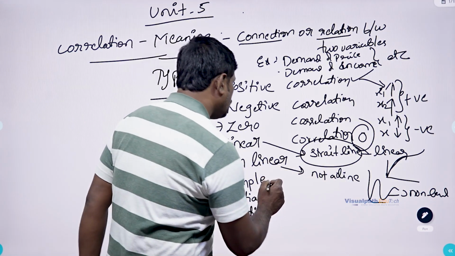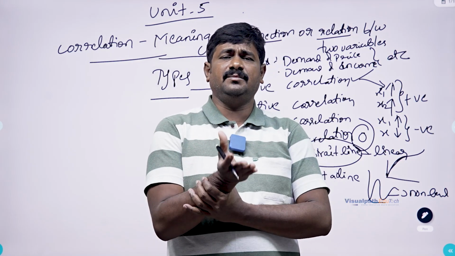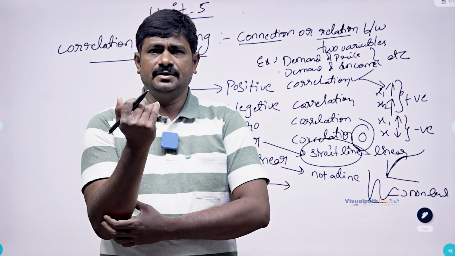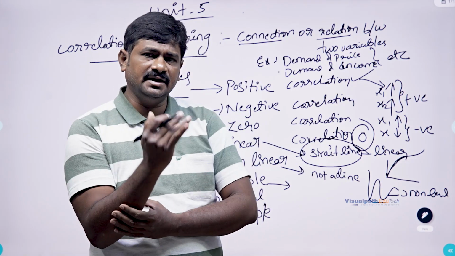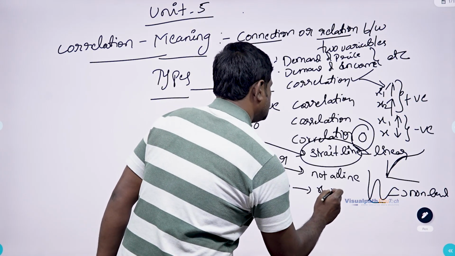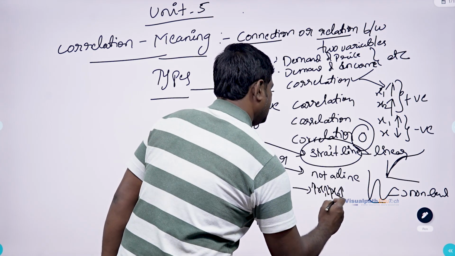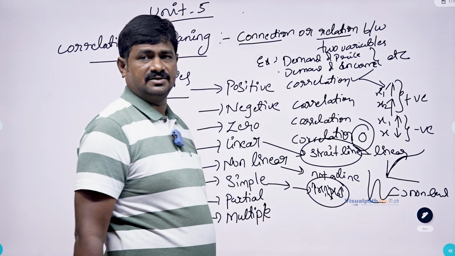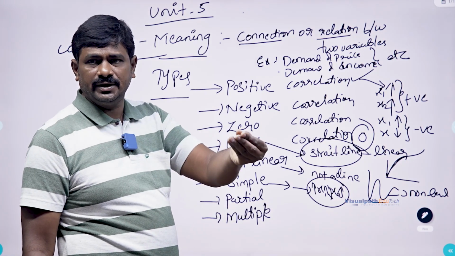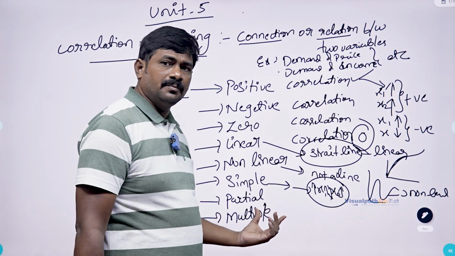And after that, simple correlation. If the relationship is simple, one variable increases and another variable decreases, it is called simple correlation. One is affecting the other. It may be the same direction or opposite direction, whatever it is, we can say it is a simple correlation. One increases, another decreases, or the same direction with the same magnitude, increasing or decreasing, that is simple correlation. And coming to the partial correlation,